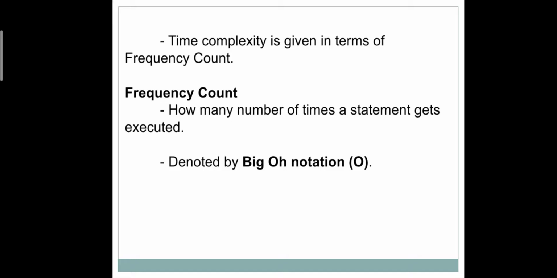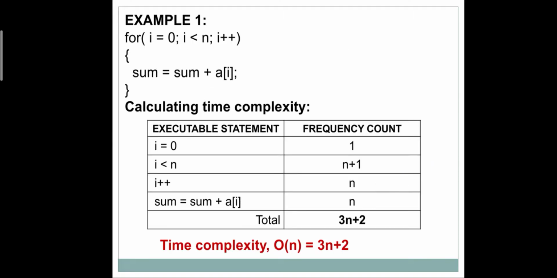Let us learn how to measure this time complexity using some examples. The first example I have chosen here is finding sum of n natural numbers. Here we are not going to consider the number of variables used as in the case of measuring space complexity. Rather, we are going to concentrate on the executable statements only. I have listed the executable statements and the frequency count separately under 2 columns.